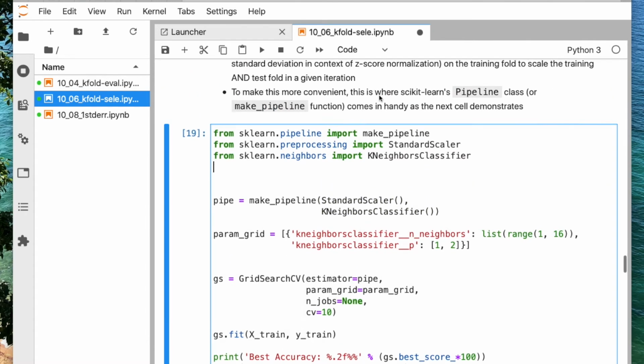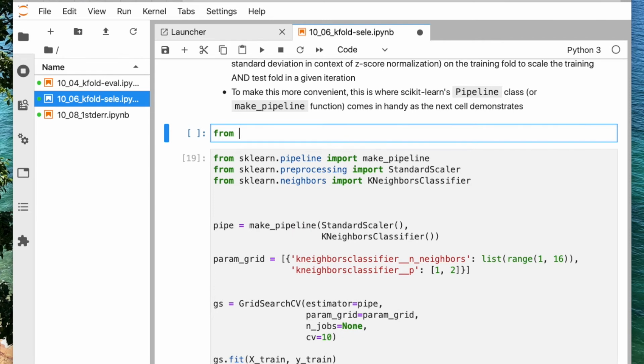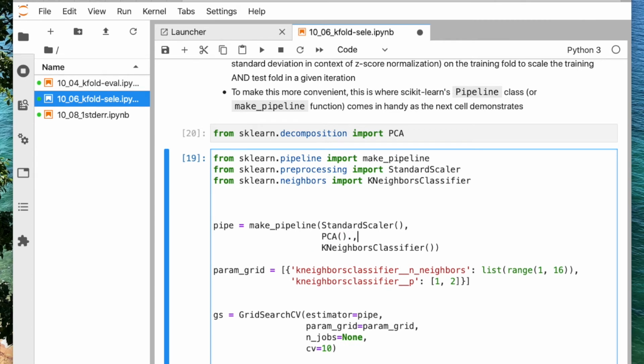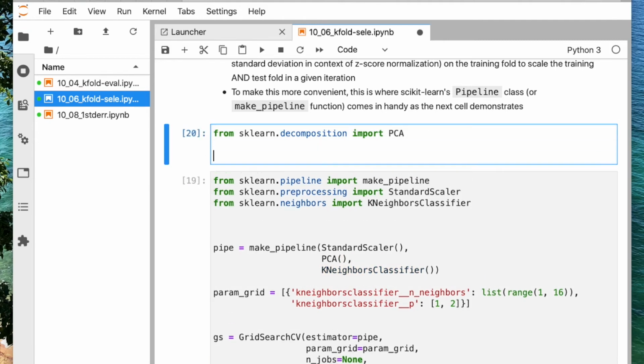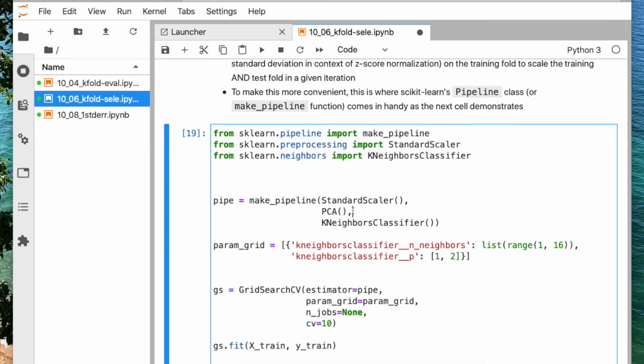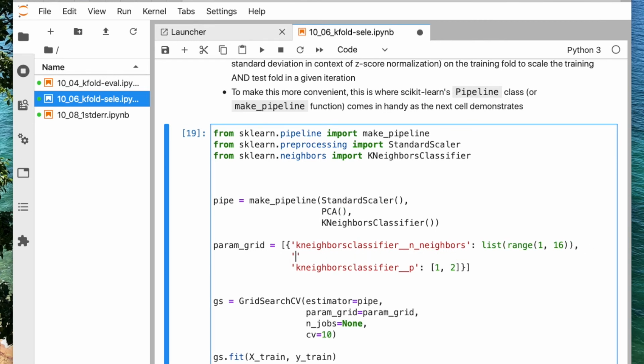Maybe spontaneously let me try to use principal component analysis so you can see how we can tune two parameters. Is it PCA? Yeah. So we can use, let's say, PCA here, and this should have an n components, I think. Yeah, n components. So we could then also consider, so we have to do PCA.